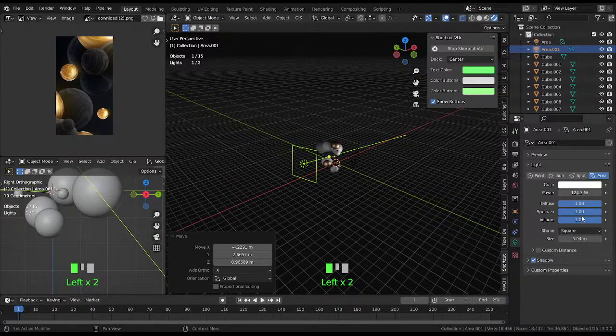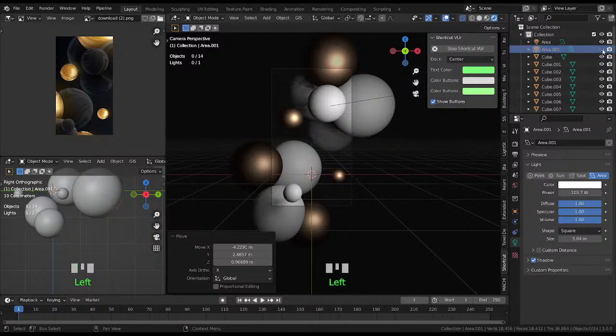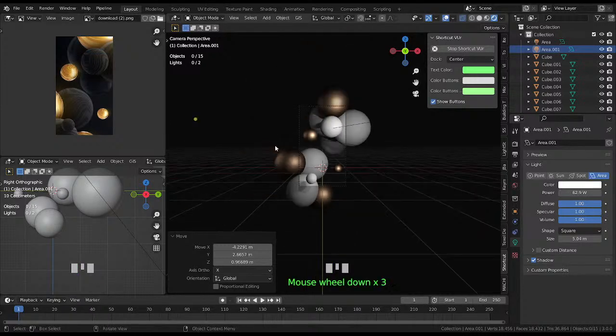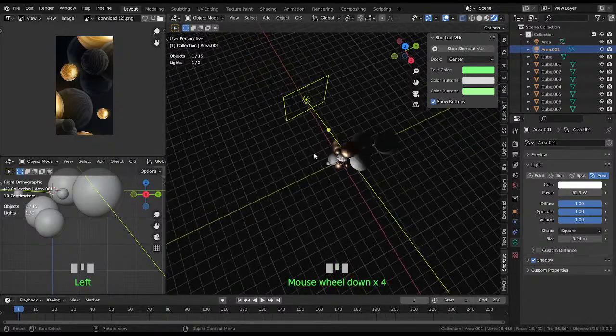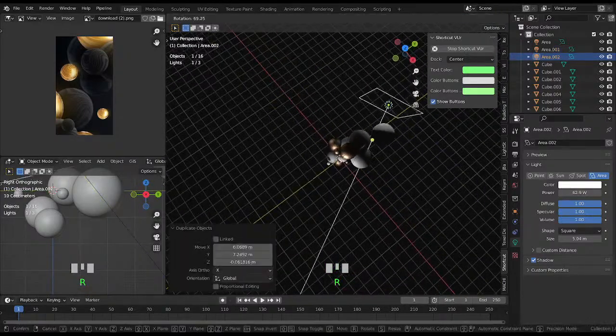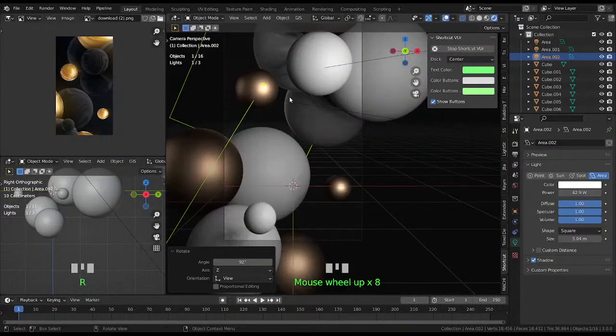Also should have less power, just to remove all the dark area. So, perfect. Let's add one here in the back. This should give us a nice